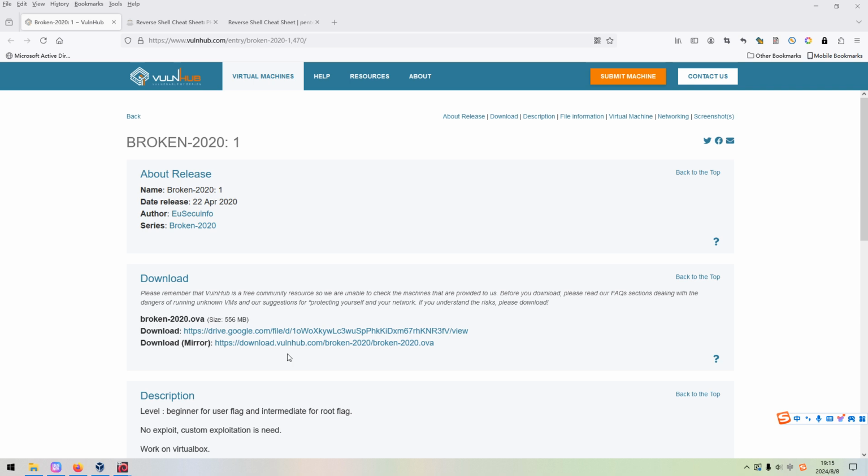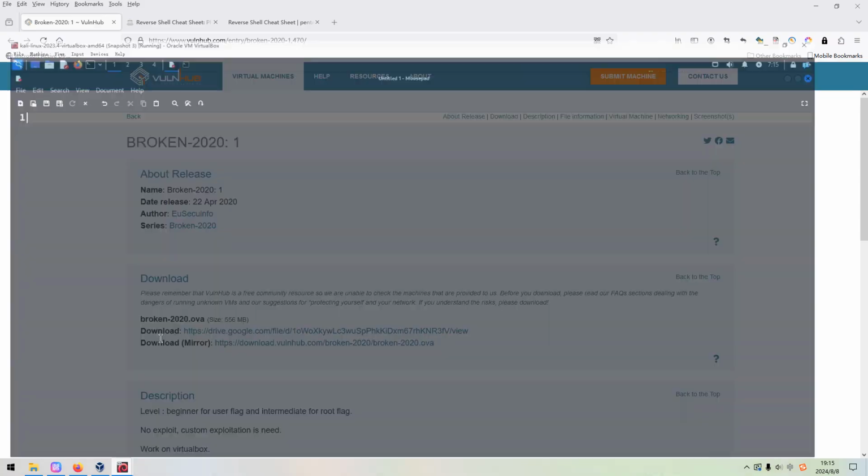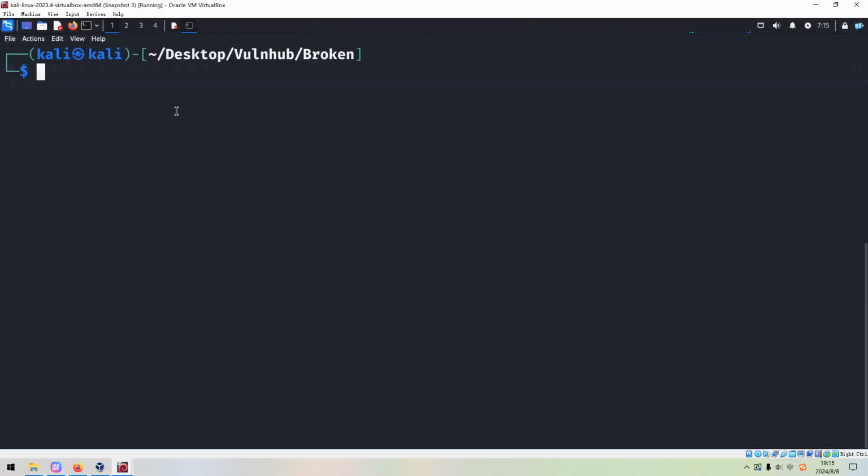We can switch over to the Kali Linux VM. First of all, we need to discover the IP address of the target. The utility I'd like to use, as always, would be netdiscover. As you can see over here, I use the option -i to specify the interface, so all traffic will be sent from this interface to discover the machines on the network. And I also use the option -r to specify the network range to narrow down the scope. Okay, so now we can press enter.